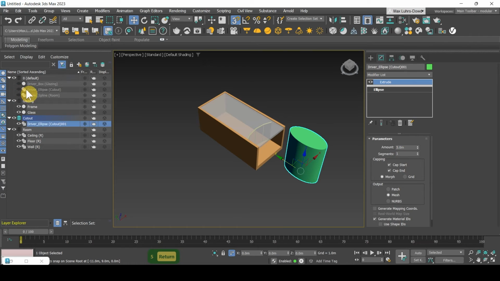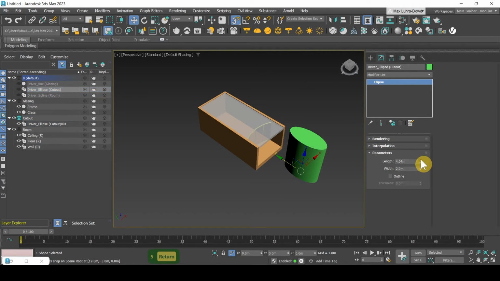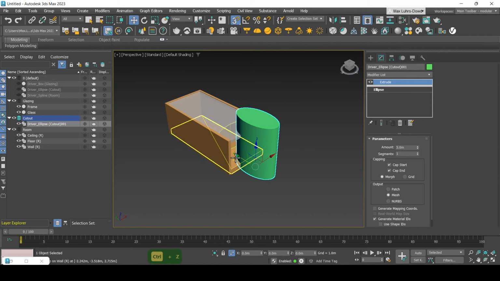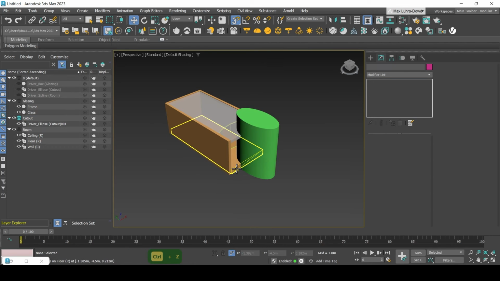So now I can hide this driver ellipse, but I can also change the parameters of it, and it won't hide the extrusion when I've got the ellipse selected, so I can kind of see the changes that I'm making live. Okay, so now that it's in place and it's intersecting with the ceiling and the floor, I'm going to